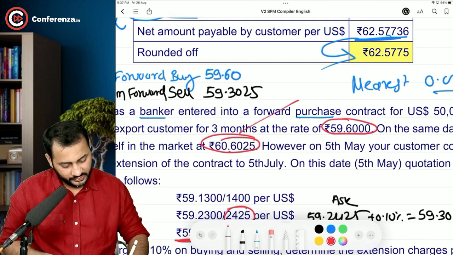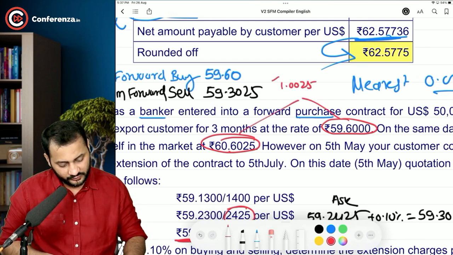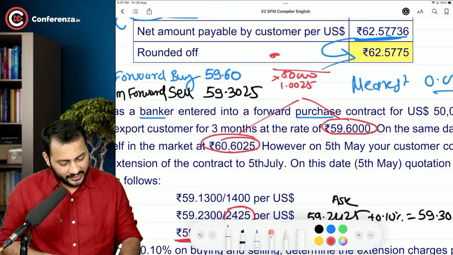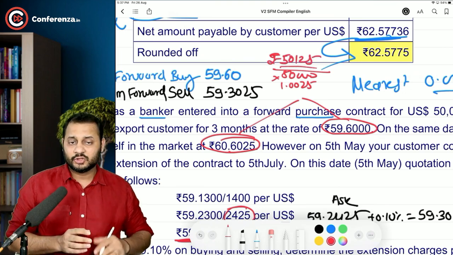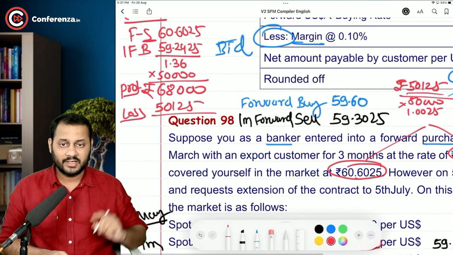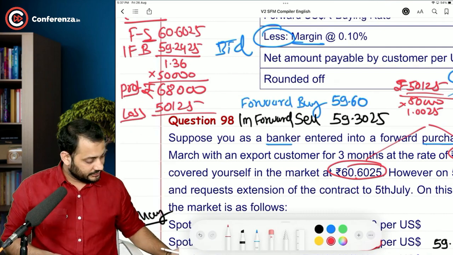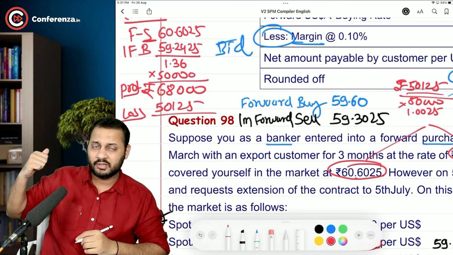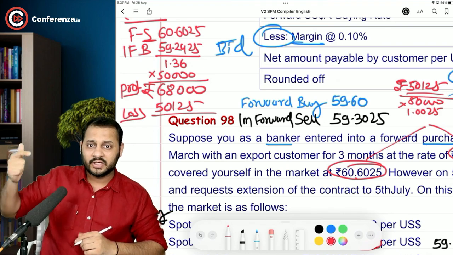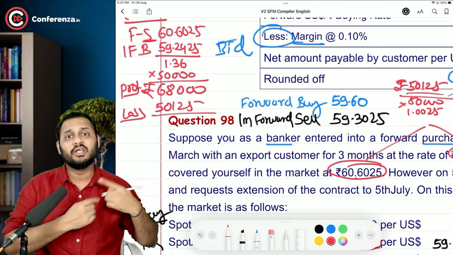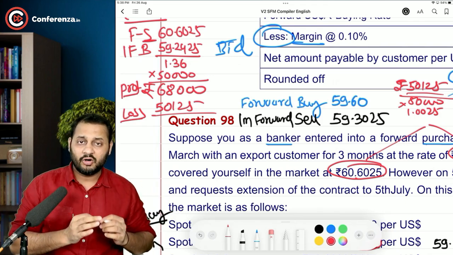That's 1.0025. The difference between these two is 1.0025 on $50,000. So the bank is practically losing 50,125 rupees if the contract gets cancelled. So this loss of profit will be adjusted in this interbank profit on cancellation. So 68,000 minus 50,125. Out of the profit of 68,000 in the interbank cancellation contract, the bank will keep its own 50,125, which it would have earned if the customer had honored the contract,